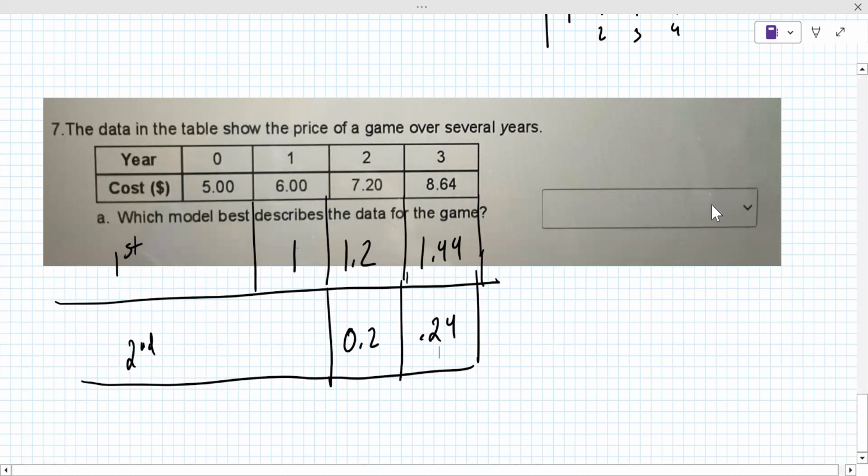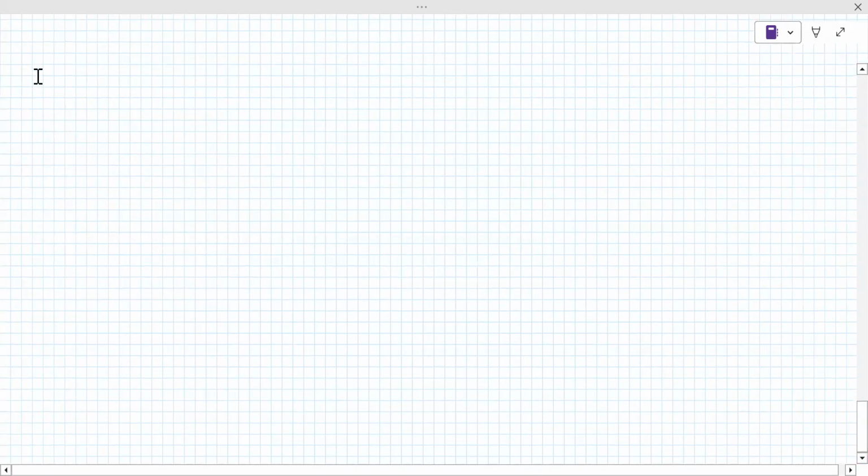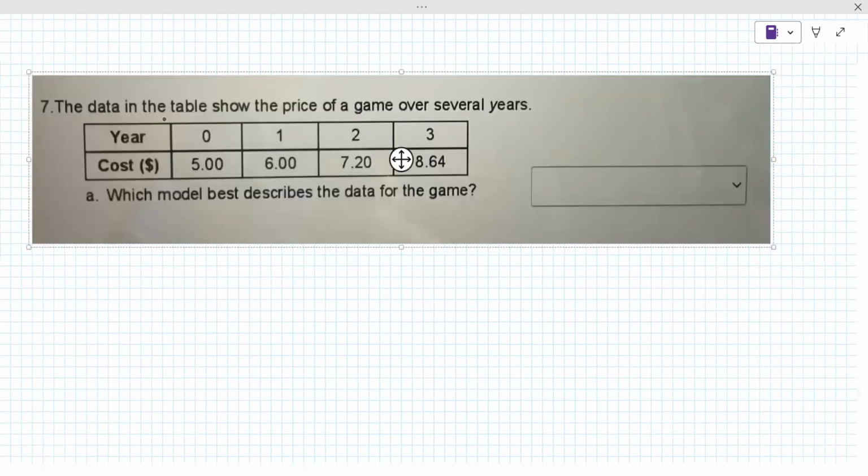Now, since it's a drop down, you probably can figure out which one it is. It's exponential. If it's exponential, that means there's a multiplier, like you can multiply to go from 5 to 6, 6 to 7.2, 7.2 to 8.64. And unlike the previous problem, this one may not be as obvious. So to figure out that multiplier, it's called R, by the way,